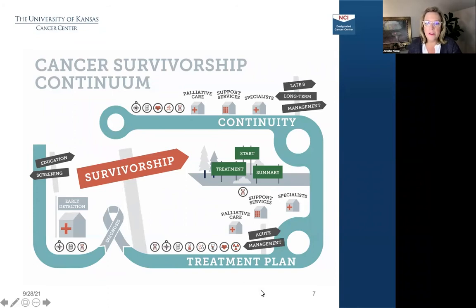We know that we need to understand what's going to go into their treatment plan, and that means we need to know what those comorbid conditions are. These roundabouts are very purposeful. Some patients never leave that treatment phase of care. Some patients will leave and come back, and some patients will go on to long-term continuity.